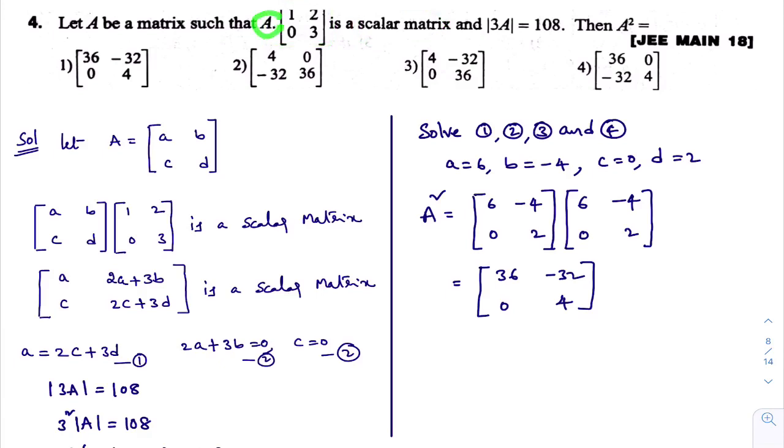What I did, this A matrix, I don't know what this matrix A is. I taken matrix A like this. As it is a 2 by 2 matrix, I consider A as a 2 by 2 matrix. A I taken as A, B, C, D. I don't know what these elements are. I need to calculate A value, B value, C value, D value. As they given A into this is a scalar matrix, I written that A into A means I consider this matrix. Now this matrix into this is a scalar matrix.